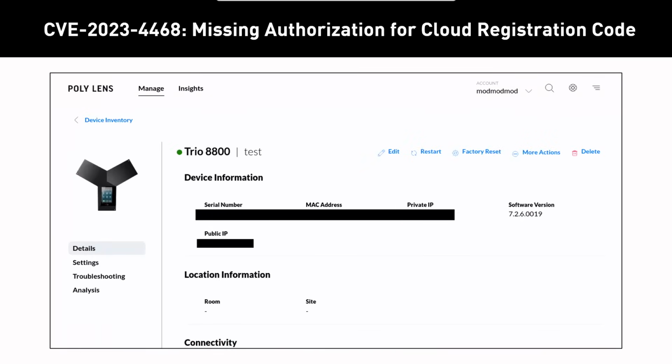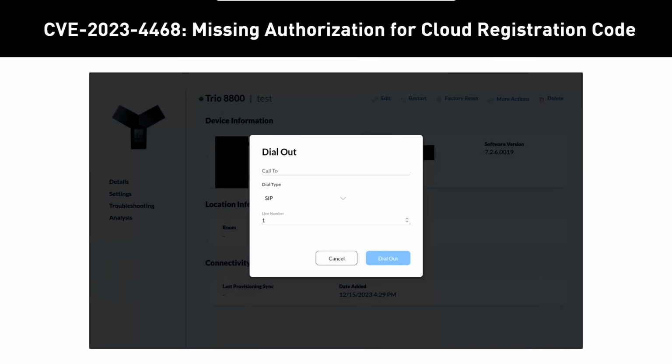And there's even another handy function in here. In this more actions area, we have this menu point called initiate call, which gives you this neat dialog where you can just enter any phone number and the device will call you. So you can listen in on any conference room where you have done this before and then just have the device call you, and you are on speakerphone,